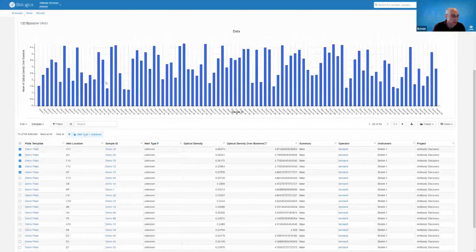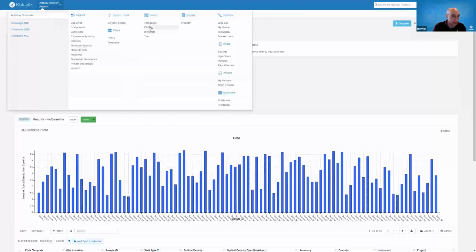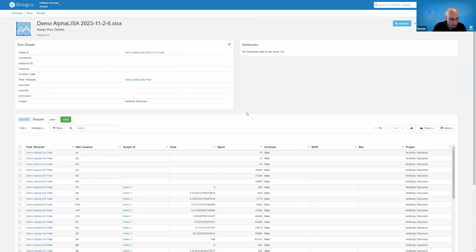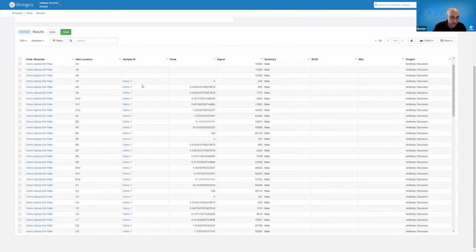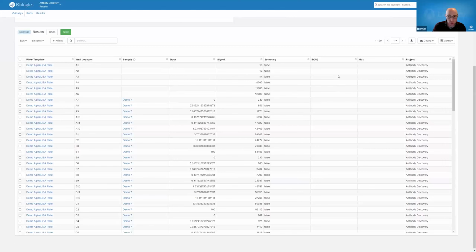So in this case, again, I already did that, and I created a plate that I'm going to use for some more advanced functional characterization, and I went ahead and imported some alpha ELISA data against that plate. In this case, I actually just did this against 3 of the best performing samples, and I plated them at 10 different concentrations in triplicate, which allows me to do things like